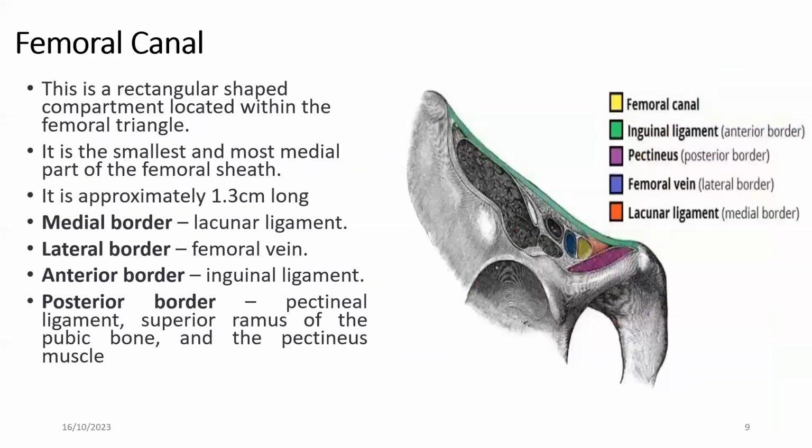So the femoral canal is a rectangular shaped compartment located within the femoral triangle. It is the smallest and most medial part of the femoral sheath, as I showed previously. This yellow rectangular structure represents the femoral canal. It's quite tiny, about 1.3 cm long. The medial border is the lacunar ligament. The lateral border is the femoral vein, this blue structure. Then the posterior border is the pectineal ligament, this purple one, and then the rigid